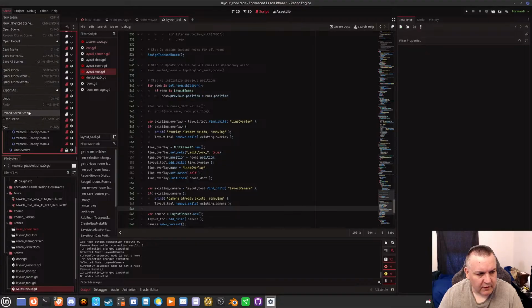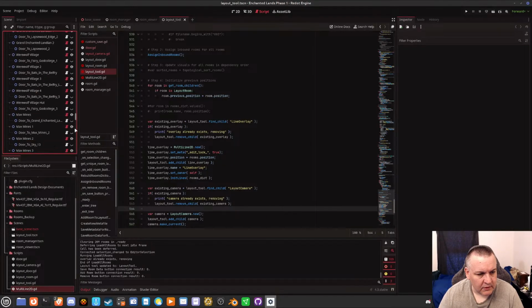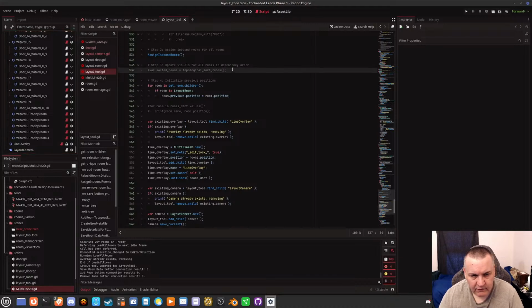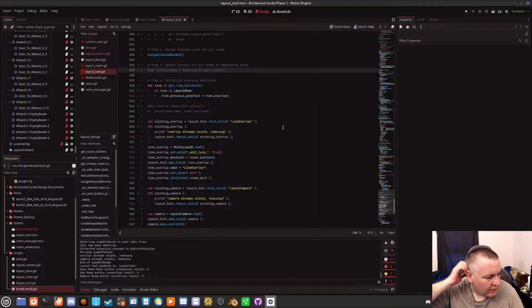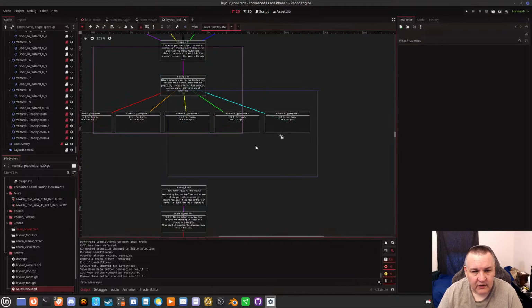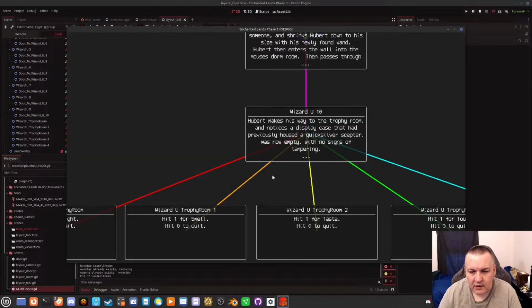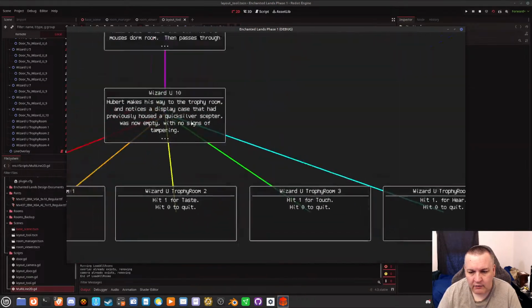We can reload save scene. And now we can do the same thing. We'll add another semicolon. Doesn't matter if it's commented out. Doesn't matter if it's in there. I just wanted something to save. Reload save scene. Go back down. Layout camera is only one layout camera. Okay, so now let's do something here. Let's check and see if it's here. And it is here. Except now it's a little bit different. So when I do this, everything seems to work.